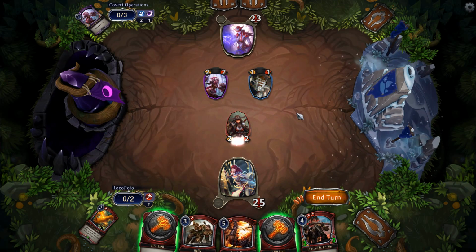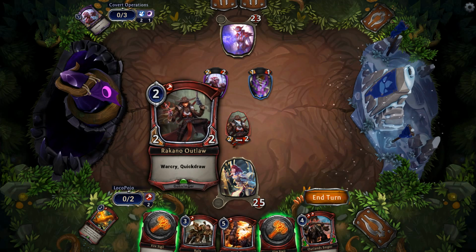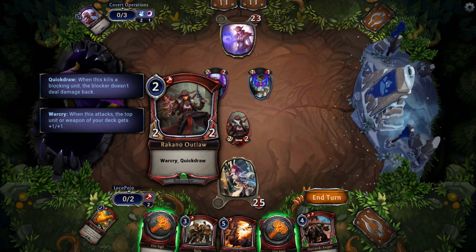Now, Rakano Outlaw has an ability called War Cry, which is whenever it attacks, the top unit or weapon of my deck gets +1/+1. So even if I...